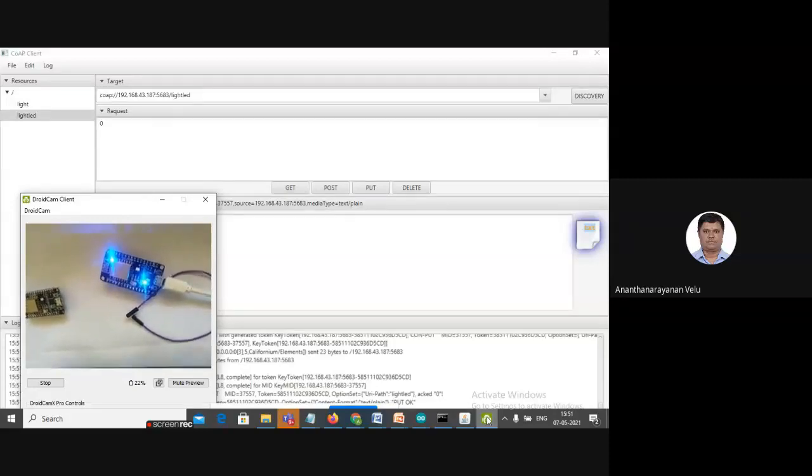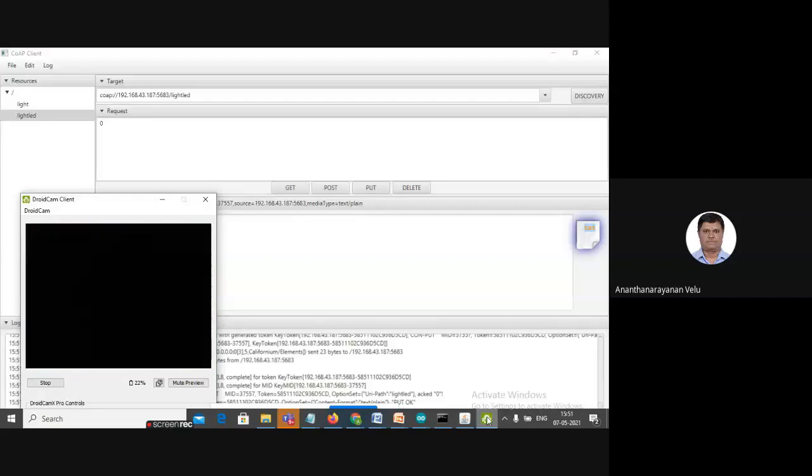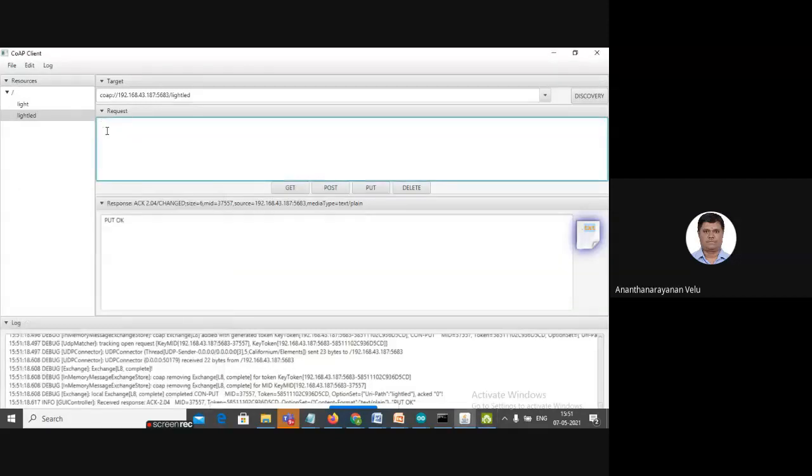As we already discussed, it is negative logic. When you say 0, it will be switched on. When you say 1, it will be switched off. So I can also switch off by providing the payload 1.